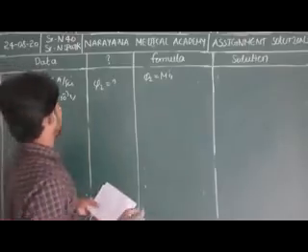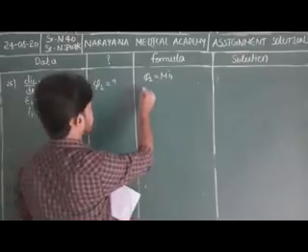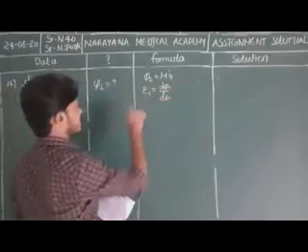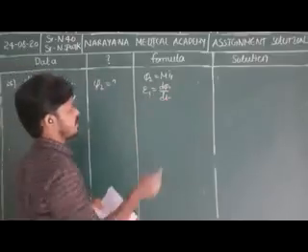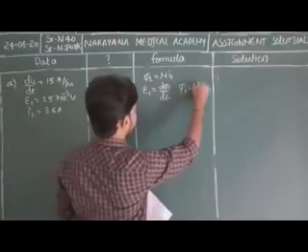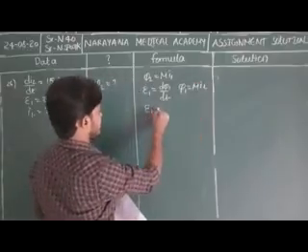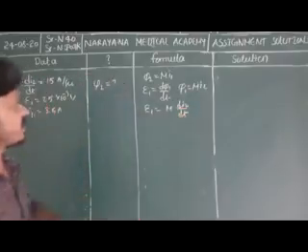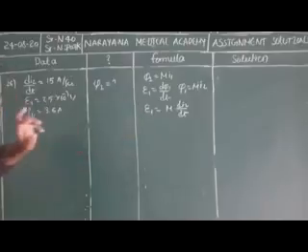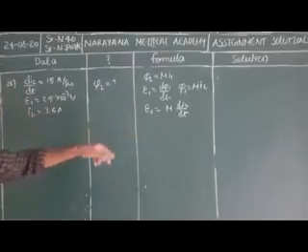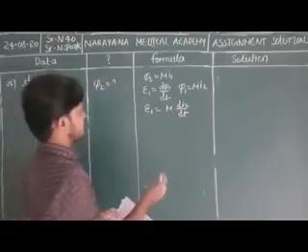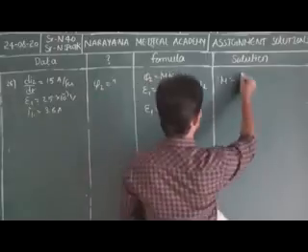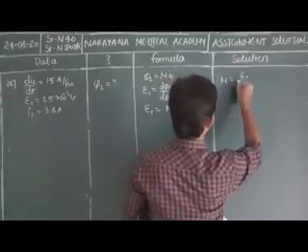So phi 2 is equal to M I1. I1 is there but M is not there. We have to find M value. So if you want M value, we know that epsilon 1 is equal to d phi 1 by dt. So phi 1 is equal to, very simple, M into I2. So epsilon 1 is equal to M into dI2 by dt. Epsilon 1 is there, M we have to find, dI2 by dt is also there.